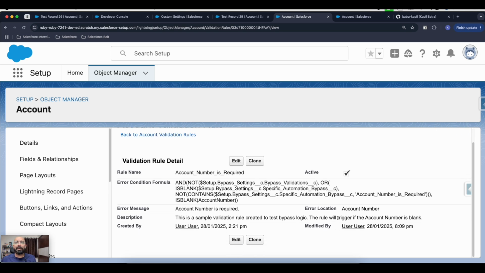It is a very simple validation where we are just checking if account number is not blank. Okay. So here first, we have added an AND condition. We are checking if bypass validations is not true. So that's why we are having a not condition here. That means if it is unchecked, then we will be checking if the specific automation bypass, that text box,